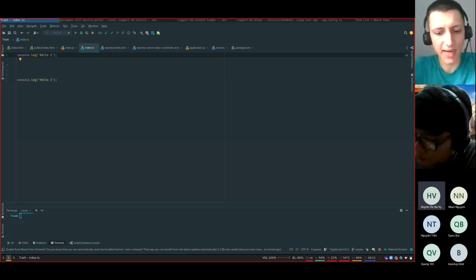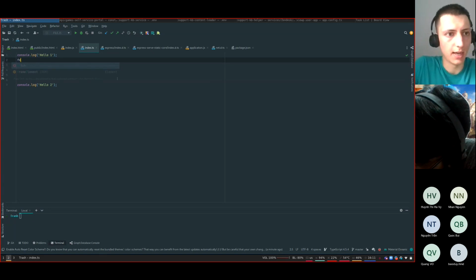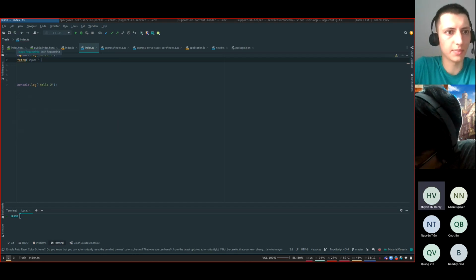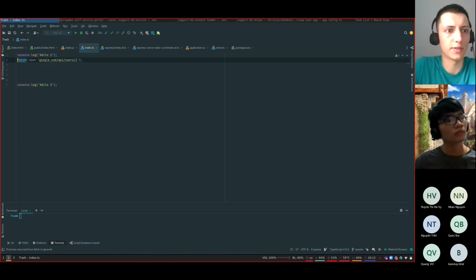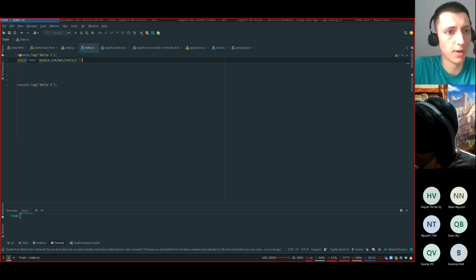But sometimes we need to do some stuff, for example, create a request to some server. I believe you know the fetch method, to get some data. For example, we'd like to get the first user from some API.